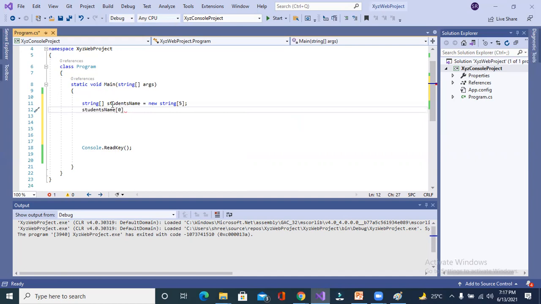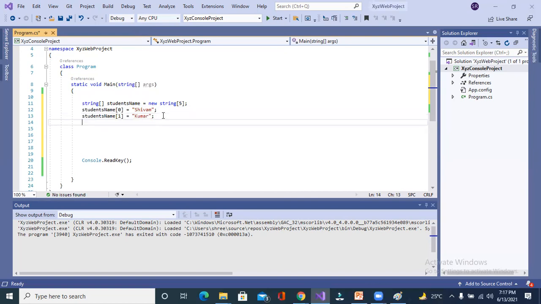Now you have to store the value with the help of the index. An array index will start from 0. On index 0, I'm going to store Shivam, right? On index 1, I will write another name, like that. All are getting my point? Yes, sir.